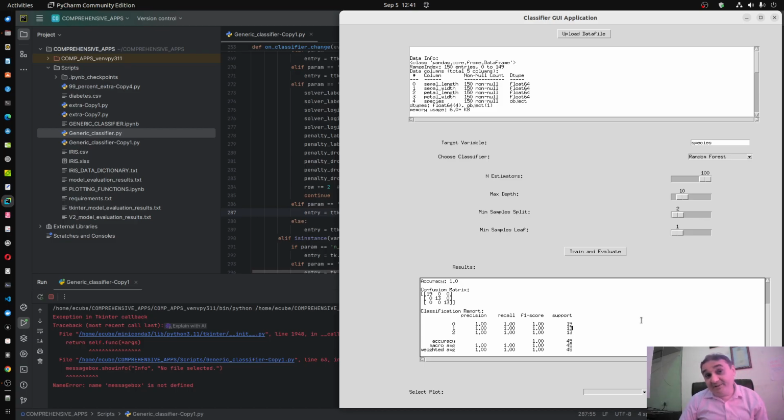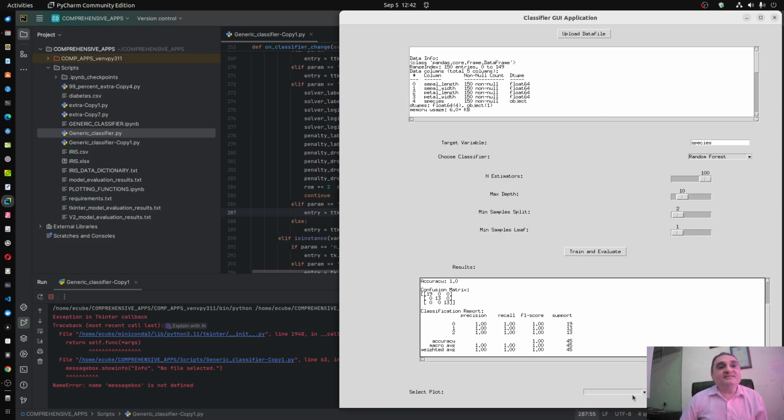But in a practical data set, this is not the case. Then why have I started with this example? The reason is that this is a multi-class classifier. There are not two classes but three classes: Setosa, Virginica, and Versicolor. And this generic classifier can handle binary classification, two classes, or it can also handle multi-class classification, multiple classes. So that is what I wanted to show.